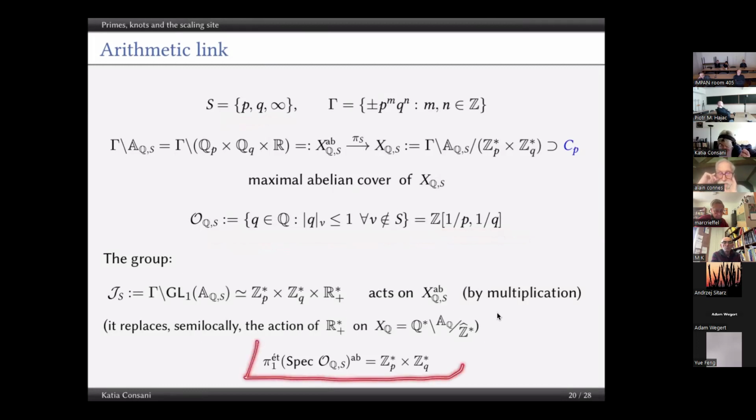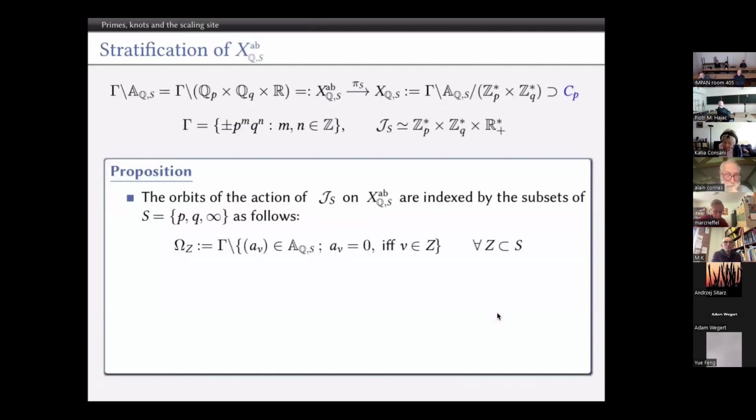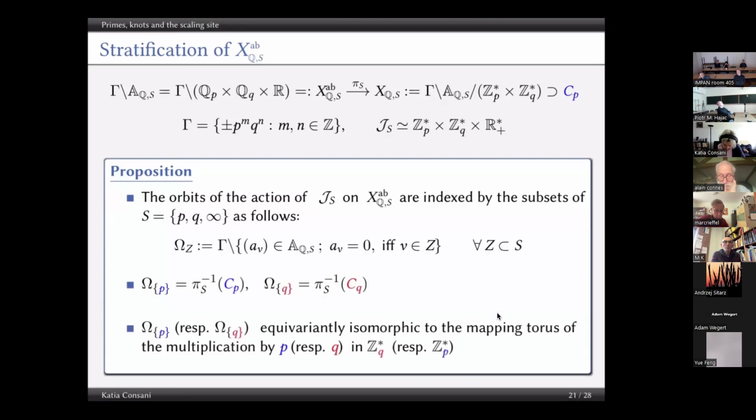But the important point is written here when you compute what is the pi1 et al of the spec of this ring, or QS, in the abelianized form, but it's already abelianized. Here it is abelian. So this is in fact the product of the two roots, two units in ZP and ZQ, ZP star and ZQ star. So yes, now the time is short, but I think I will